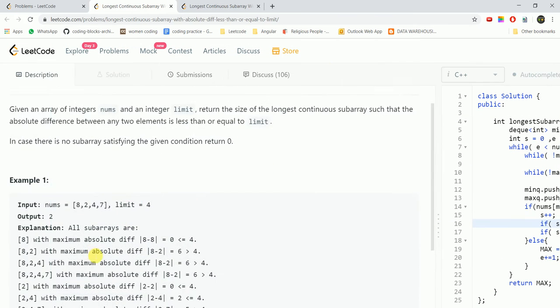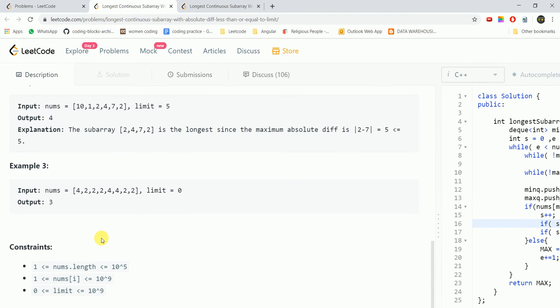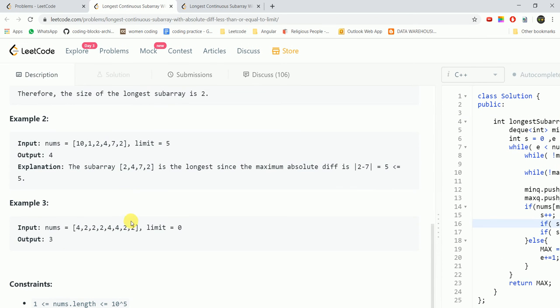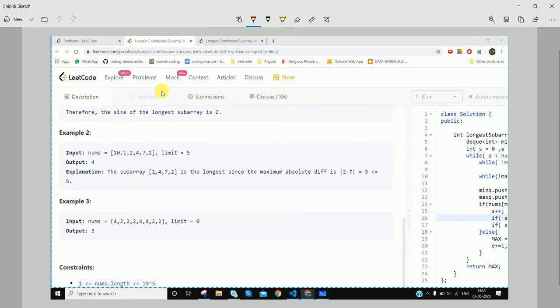So if we see other sample inputs, then we check that for this input, if we include 10 and then 1, the limit that is given to us is 5. So these cannot be included within the same subarray.